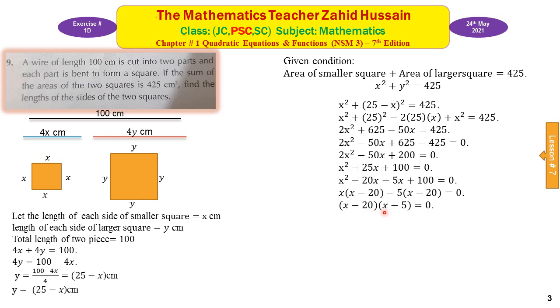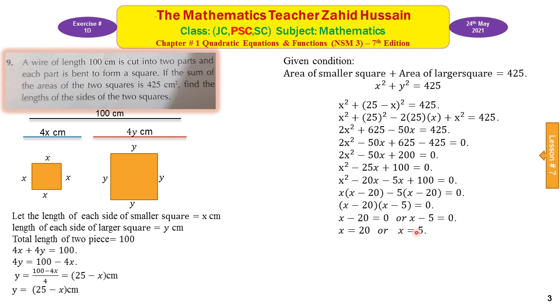Apply the zero product property and put each factor equal to 0, and we get x is equal to 20 or x is equal to 5. These are two values of x, both are positive. Because there are two parts, we can take the larger value as the length of the larger square,